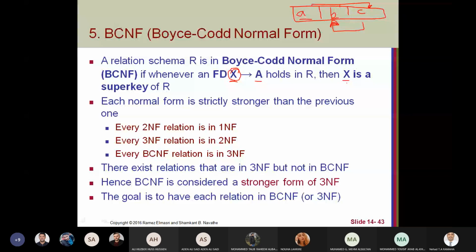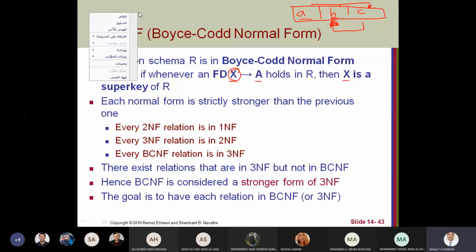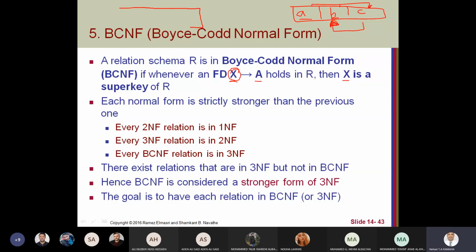And it's not a transitive dependency, because this determines part of the key, not another normal attribute. I will show you the difference. If we have A, B, C, and A only is the key, then C determines B. This is a transitive dependency because C is a normal attribute and B is a normal attribute,